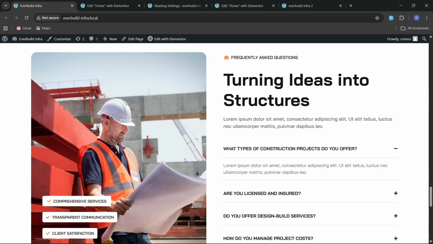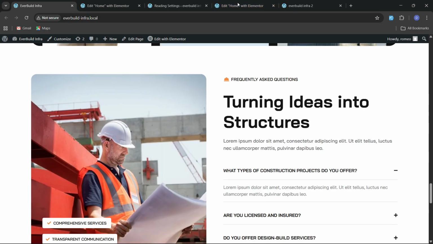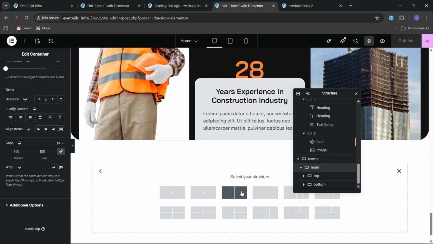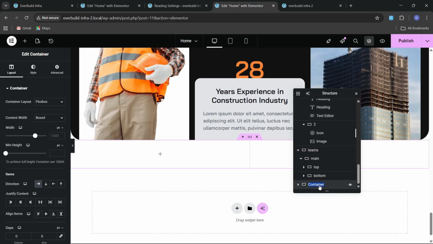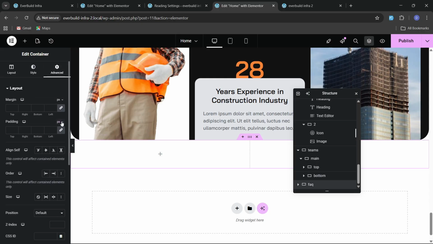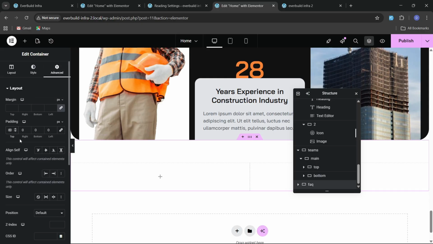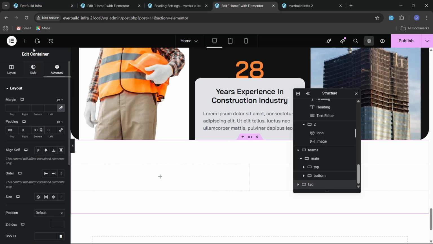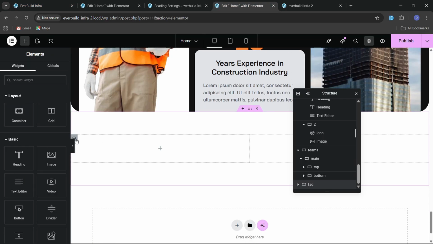So now let's move to the next section where we're gonna build this frequently asked question. For that we have to just add a new container, and we have to choose the two section layout. Here we can add FAQ. Here also we can add edit to the top, edit to the bottom. Now you can see for this container,